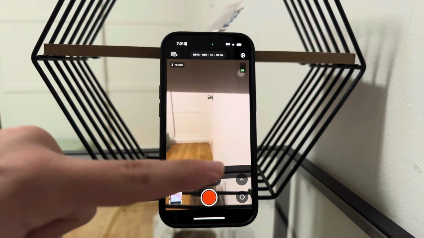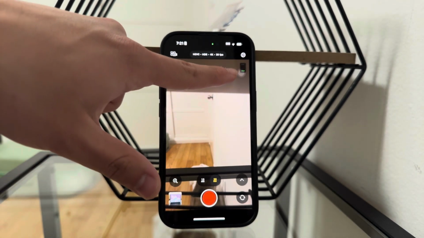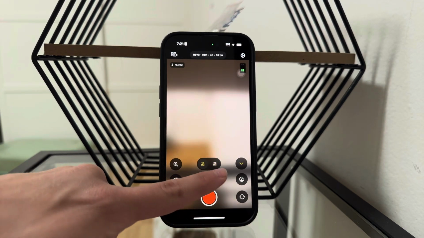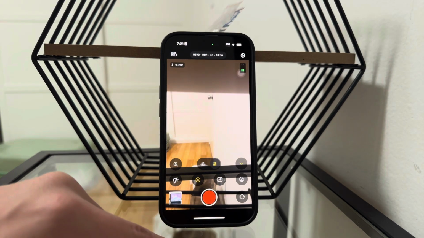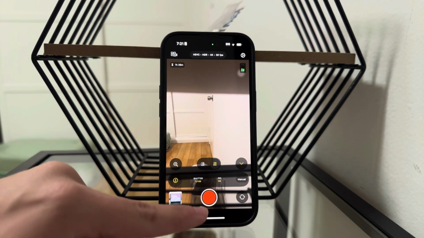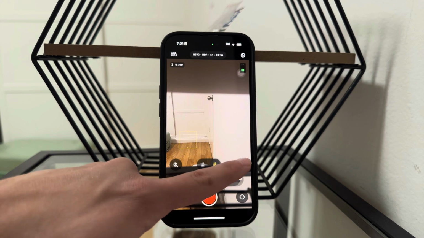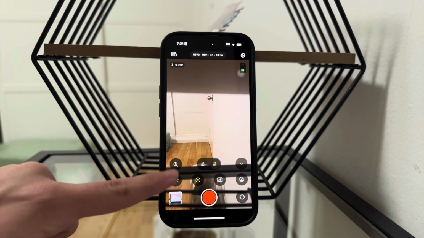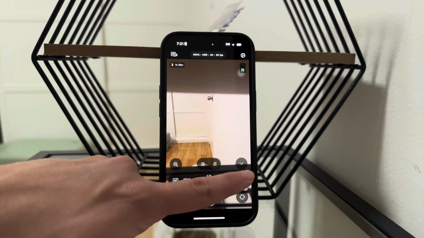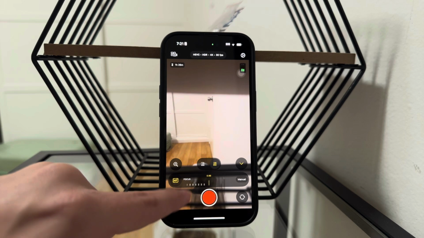with much more customization. For starters, we have the sound waves or sounds indicator. You have all of the manual settings that you can switch in between the lenses. You can also manually adjust the exposure, shutter speed. You can set anything to be a manual. You can also adjust the white balance. Autofocus can be switched to manual focus, and you can decide which part of the video is going to be